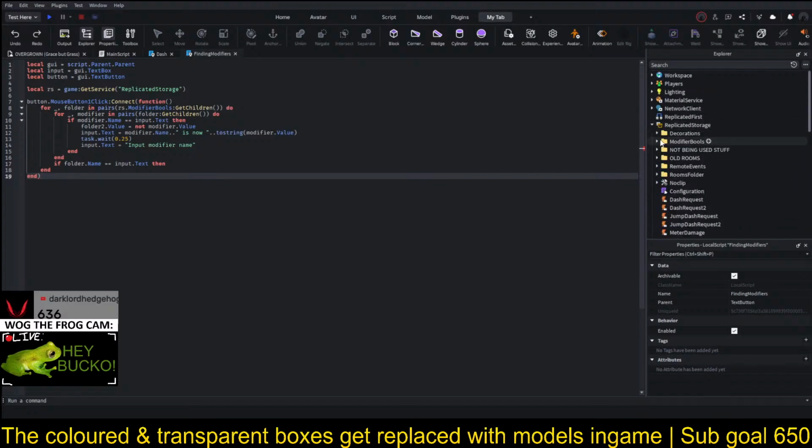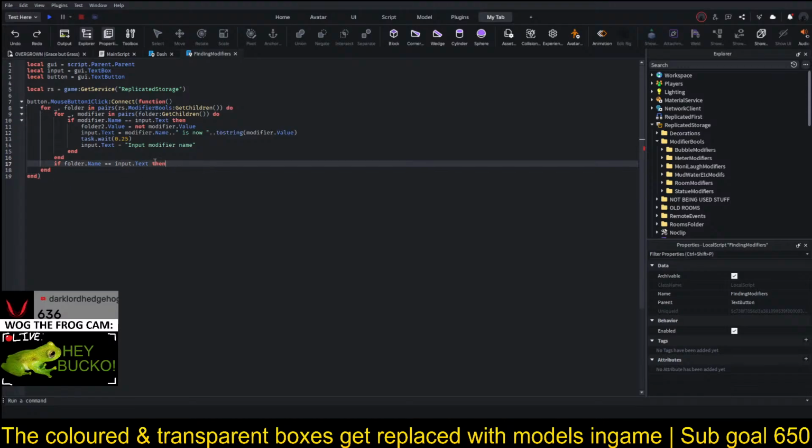We need ReplicatedStorage.Name equals room modifiers or statue modifiers. Then else